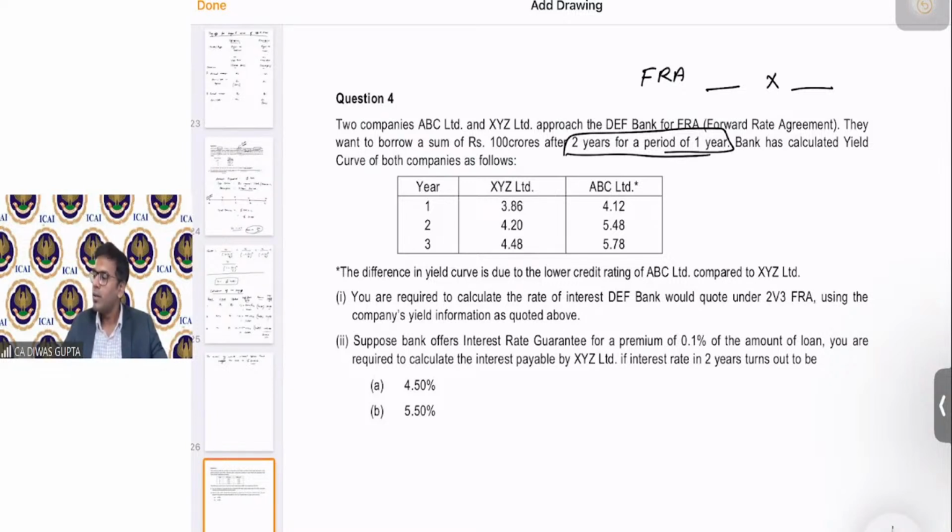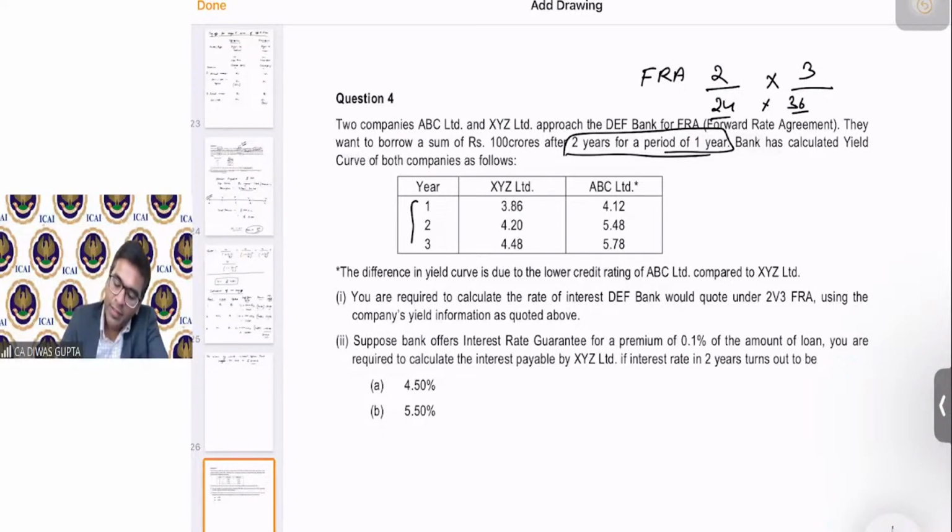Perfect. Satish, you are right. Kusuma, you are also right. Prashant, you are also right. Very good. You can write it as 2 by 3 also, or 24 by 36 is also completely fine. Okay. I will be taking 2 by 3.